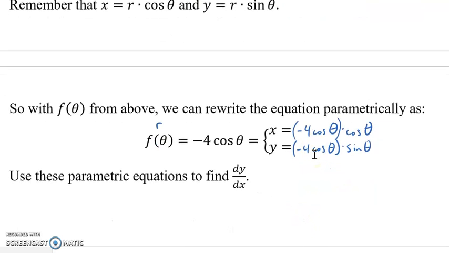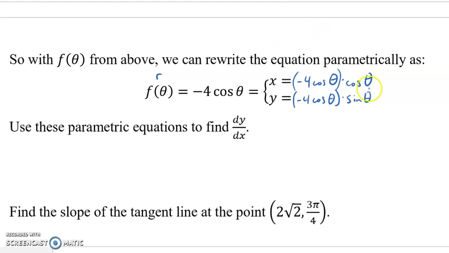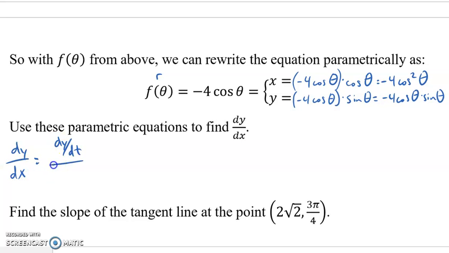Just again. All right, so let's simplify this. We've got -4 cosine squared of theta, and here we've got -4 cosine of theta times the sine of theta. If you want to use a double angle identity, that might make things a little bit easier. I'm not going to, but feel free to if you'd like to. I think it's an easier way to do it. To find dy/dx,